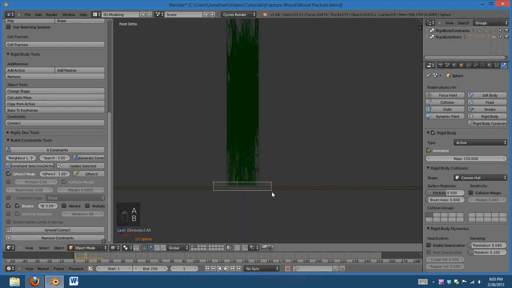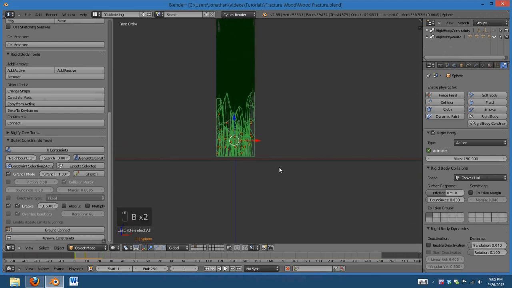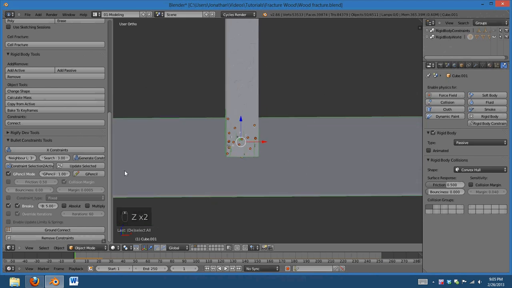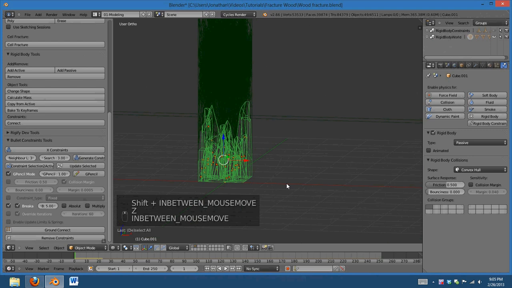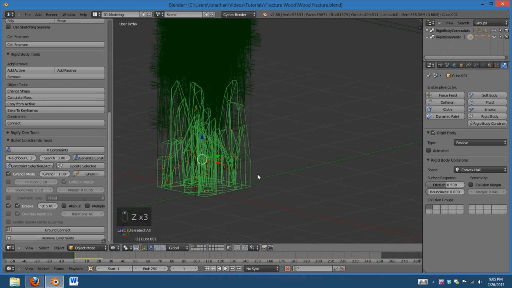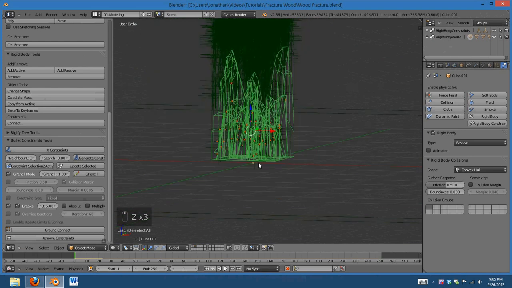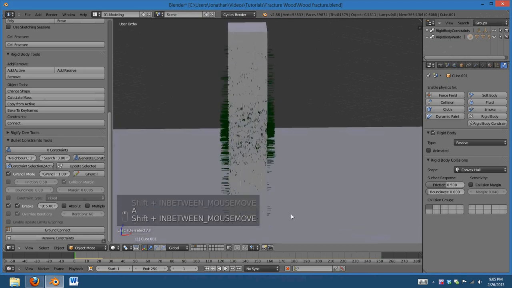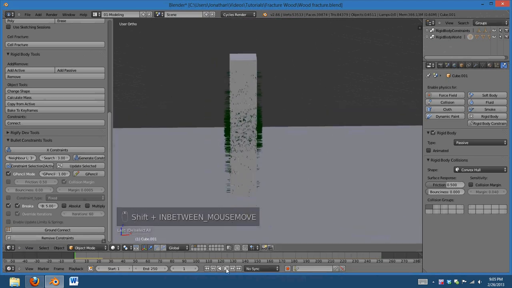I'm going to select these bottom ones here, and then I'm going to shift select the ground plane. And now what I can do is I can hit ground connect, and that's going to connect these two with constraints. So you can see if I unhide that, it's added some constraints connecting them to the floor, and that'll basically connect those objects to the ground so that when I play this back,